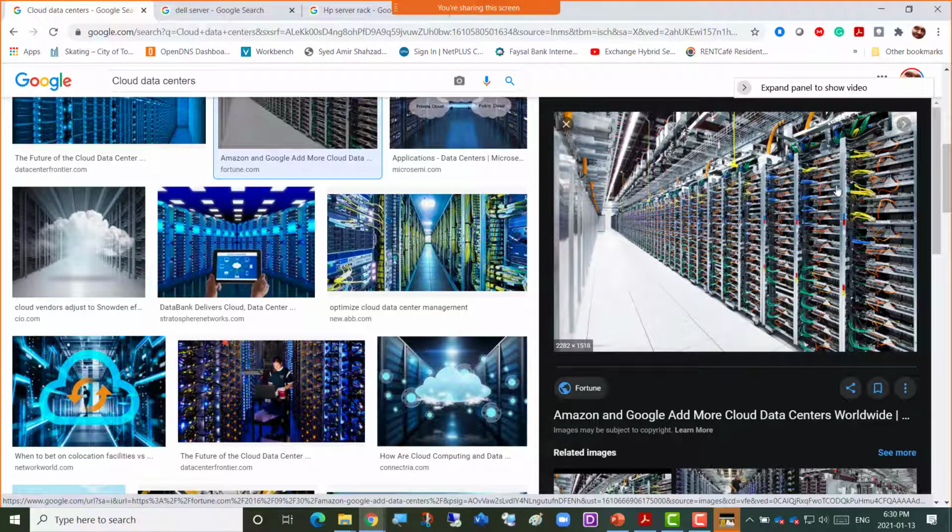Suppose you want to use this particular server for 1 month, and you want to run an application on top of this server. Either you purchase your own server, or if you're a company, you would purchase your own 5 or 10 servers if there were so many applications that you wanted to install, and then you would run all the applications on top of that.